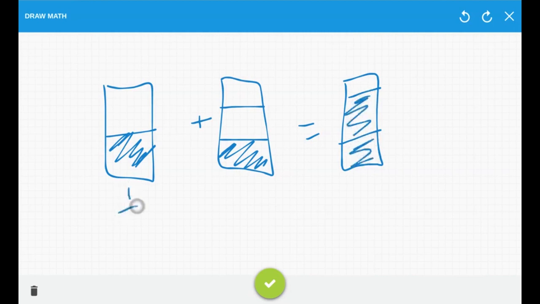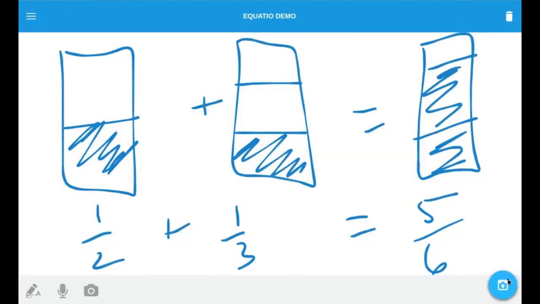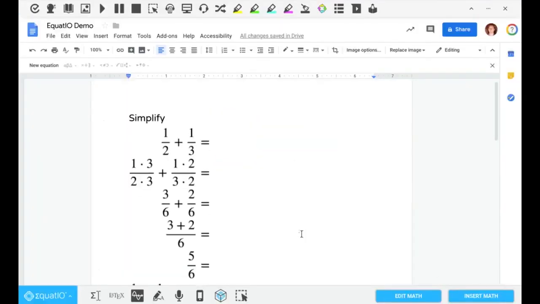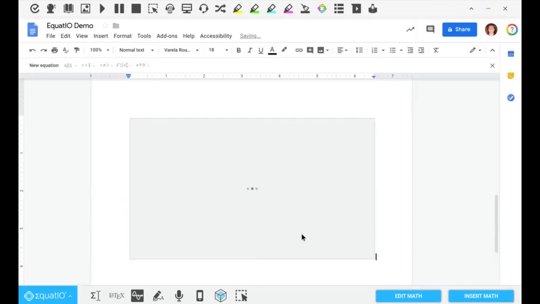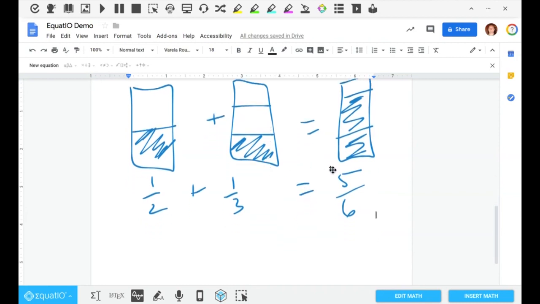And so I can even say that that's going to be 1/2 plus 1/3 equals 5/6. So I can just use handwriting and say, I want to insert this image and put that into my document. So I can do just some handwriting and save that. So many times I have students that will lose pieces of paper, and here in this digital, it's saved automatically in the cloud by Google Docs. So now I have this digital piece that's in there, and they can represent their thoughts with the computer.